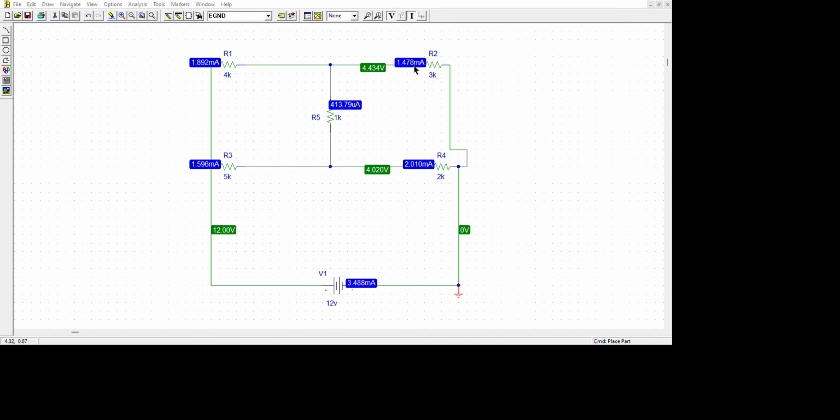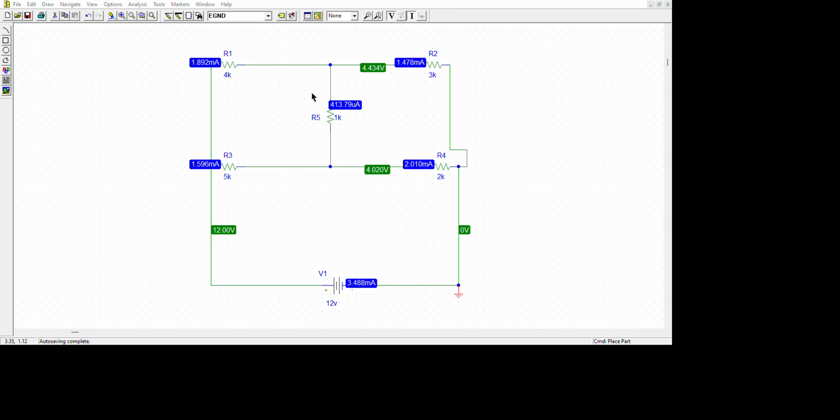Now we will apply KCL at this point between R1 and R2. So we will measure R2. R2 will be R1 plus R5 by KCL.